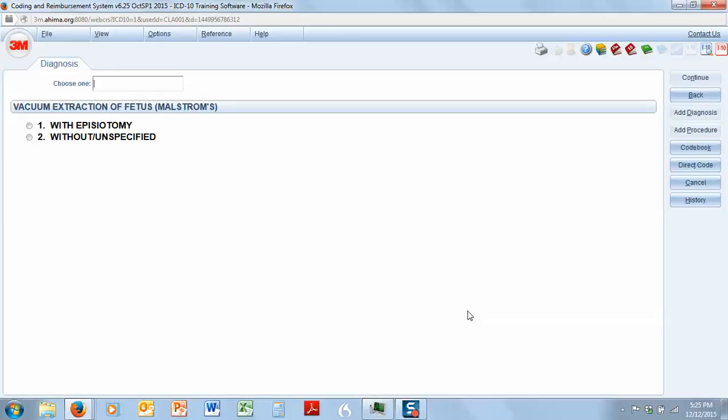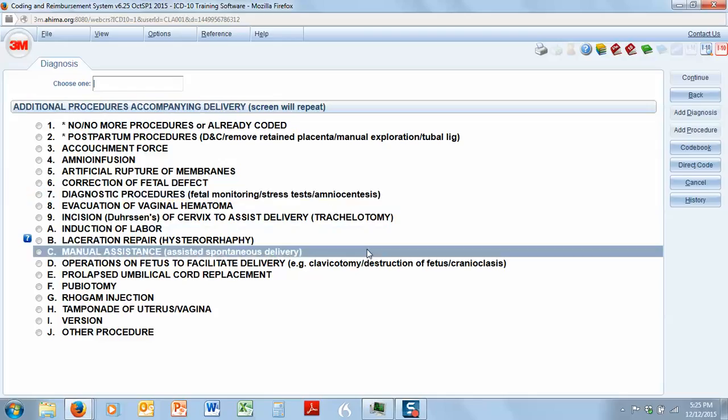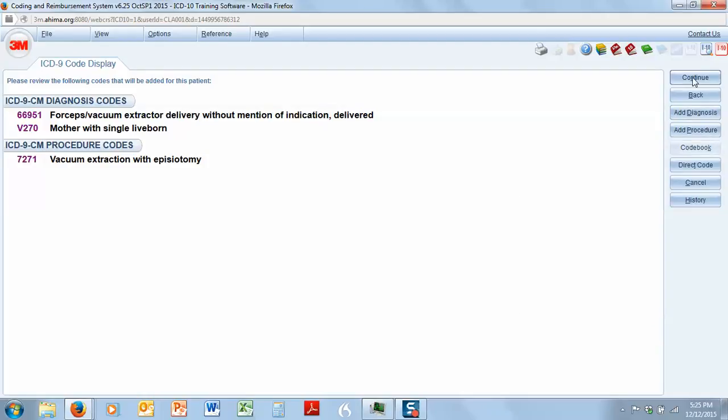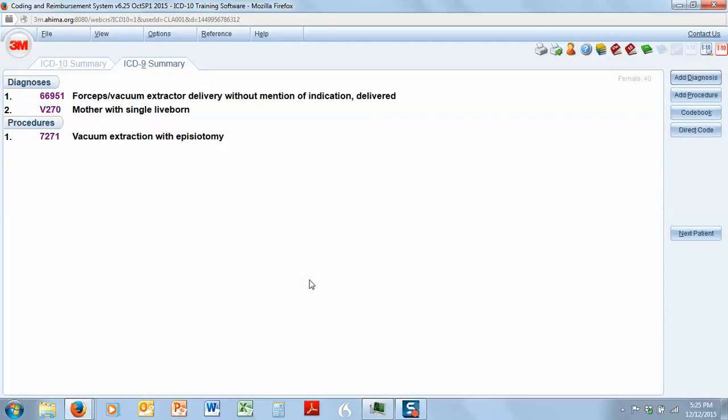Now, did she have an episiotomy? Yes, she did. So we're going to pick 1. We don't have any other procedures to code. And if we look, there we go. We've got our forceps vacuum extractor delivery without mention of indication of why delivered. We've got the single mother, the mother with the single live born, and we've got